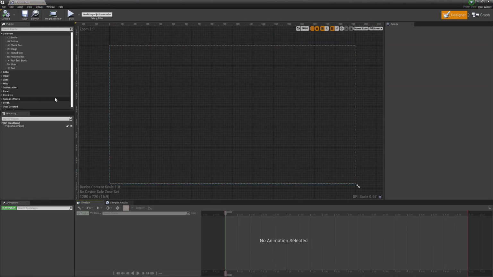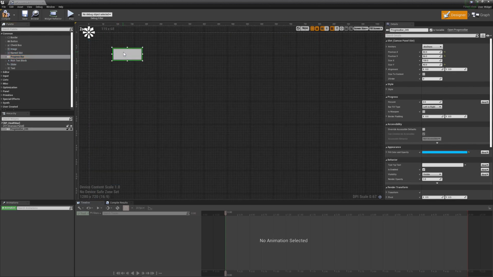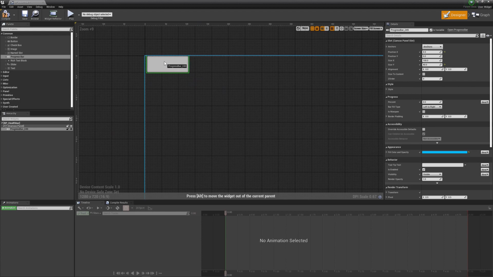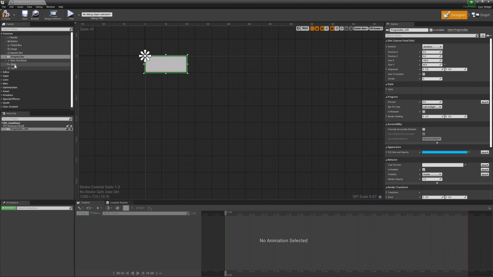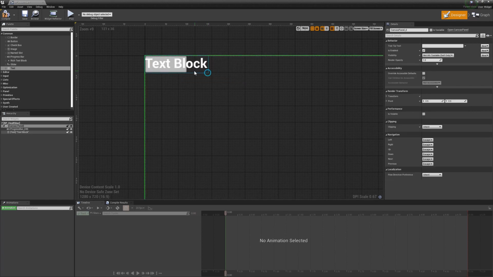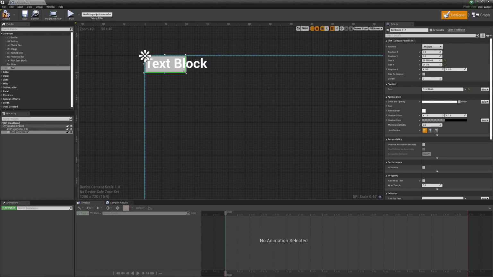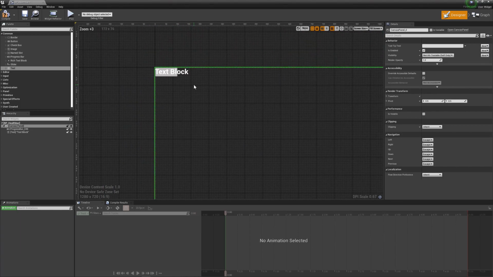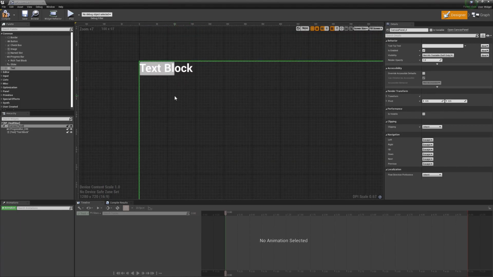Okay, right. So what we need is a progress bar. You can put it right here, and some text, put it right here. Just make it smaller. Or at least that's what we would be doing normally, but